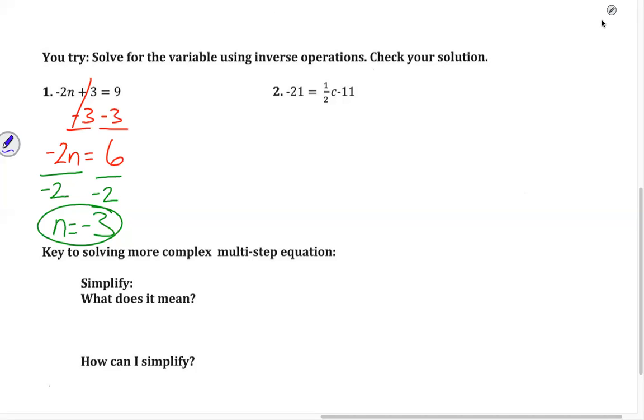The 11. So it's a minus 11, so I'm going to add 11. These cancel. I'm left with half of C equals negative 21 plus 11. This is why you need a calculator. That's going to be negative 10. And then,